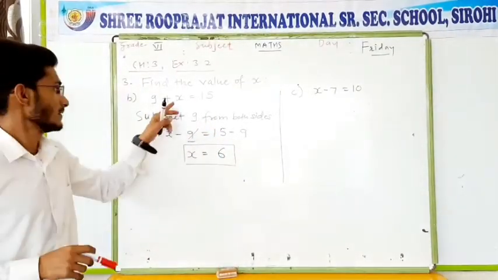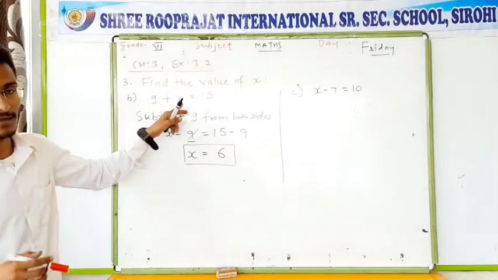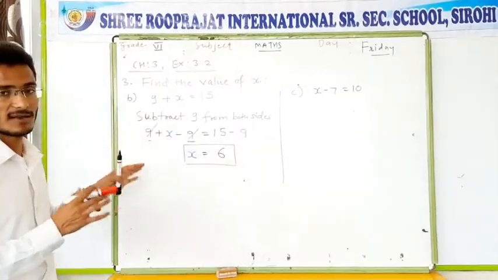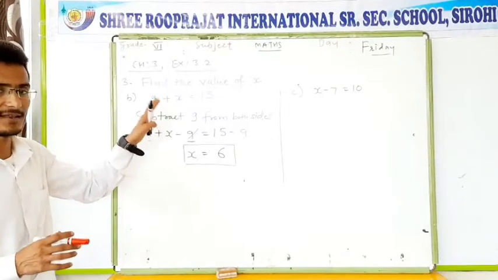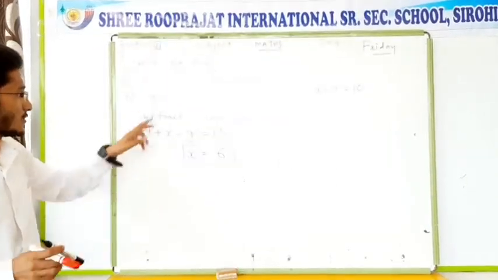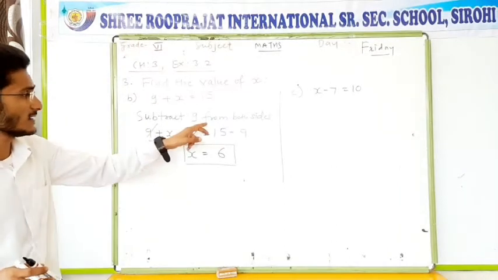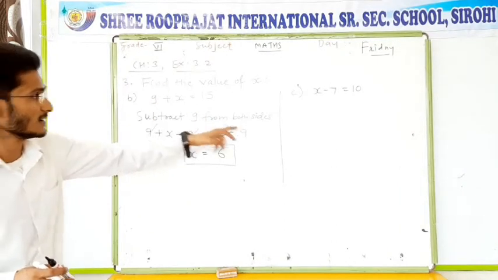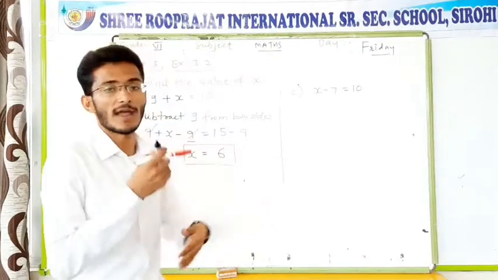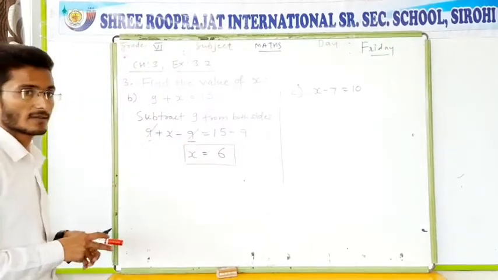Okay, you have to remove or eliminate everything which is given with the variable, x, y, z, or any alphabet which is given. So if 9 is given with a plus, you have to subtract. If it is given as subtract, like -7, then you have to add. You have to do just the opposite.